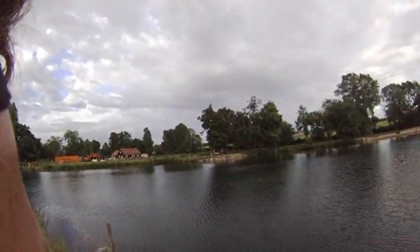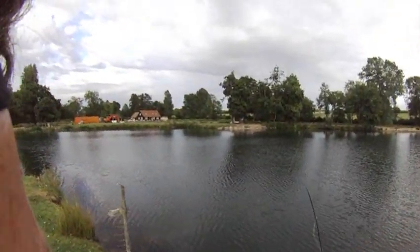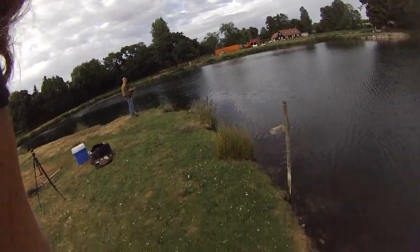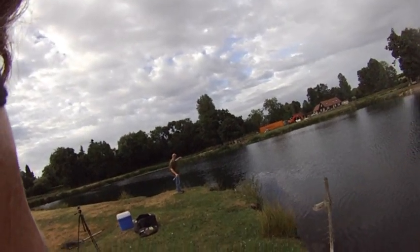I think also as it's getting later, the fish are coming on. This is the other thing, because in the middle of the daytime, in sunlight, fish tend to switch off a bit. But as soon as you get a little bit of overcast, cooler conditions,